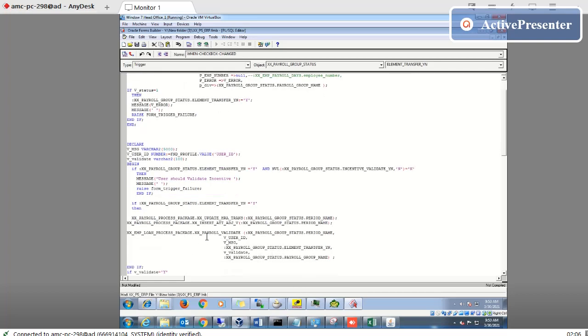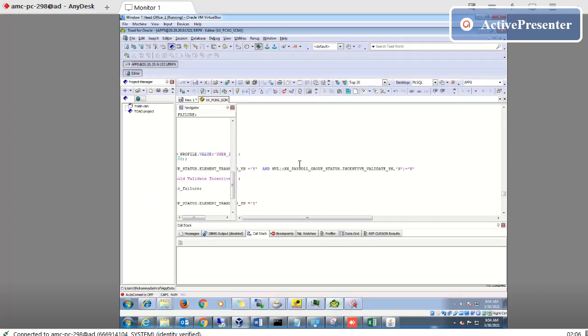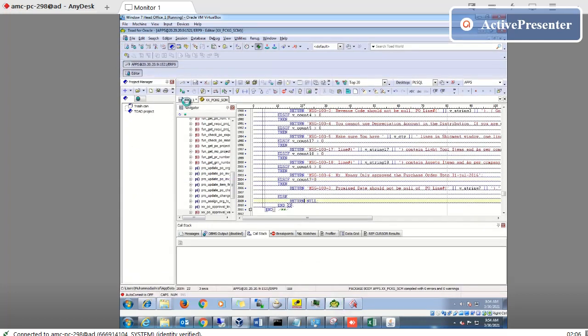After that, we will check this, which is a database procedure. I will open this one.